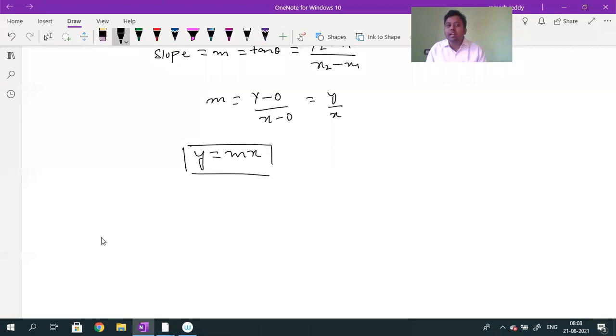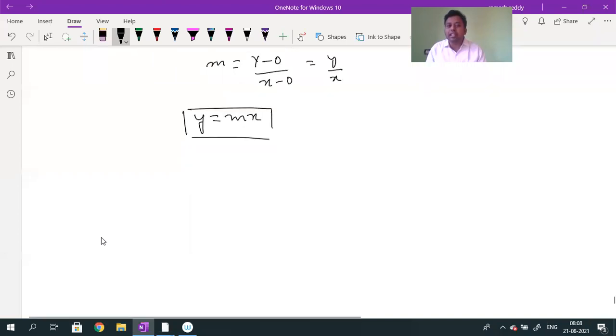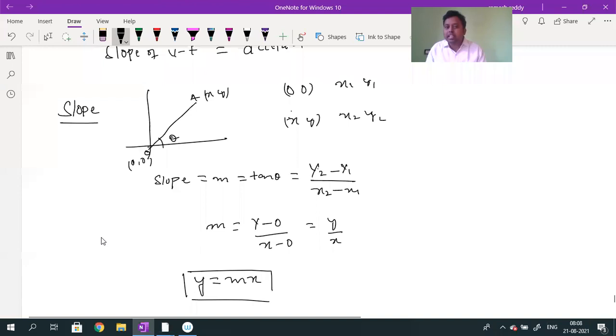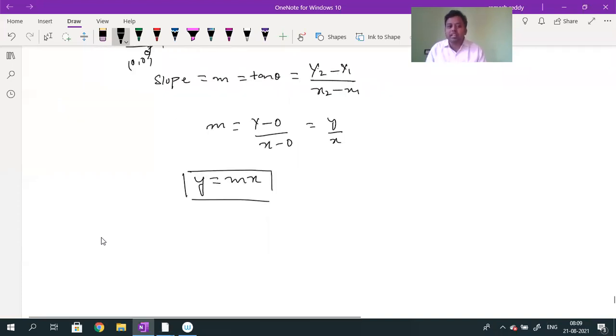How can slope be equal to tan theta? The slope general formula is change in y coordinate by change in x coordinate. To calculate the y coordinate change we need the opposite side. To calculate the x coordinate change we need the adjacent side. Opposite side by adjacent side, that is the reason why we write tan theta. Why is slope tan theta? Very good question. The general definition for the slope is y2 minus y1 divided by x2 minus x1, the general formula: y coordinate by x coordinate.